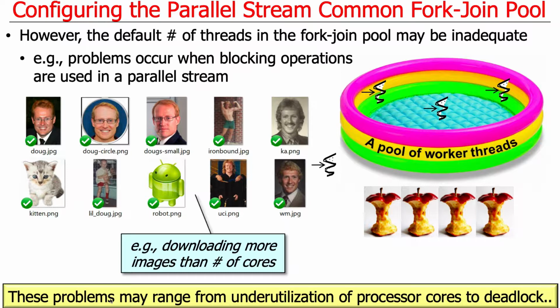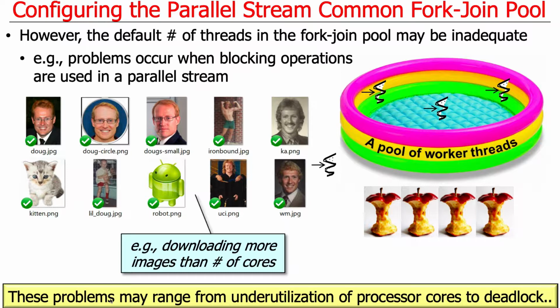So if you've got blocking operations in your stream. We've talked about this before, and we're going to talk about it in much more detail when we talk about some of the thread pooling mechanisms in the common fork join pool later. But imagine we have the following scenario. We've got a bunch of images we want to download. Let's say we have 10 images, and we've only got 4 cores or 8 cores or whatever. Let's say we have 4 cores just to make it interesting. So if we have a lot more things to download that might block than we have threads available to process them,